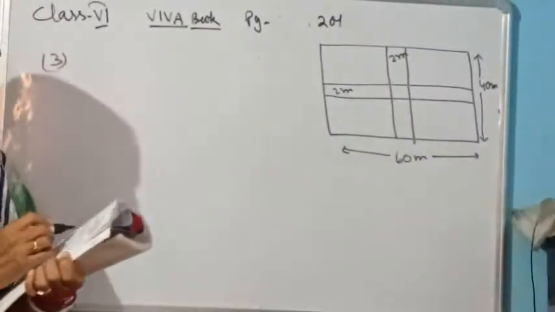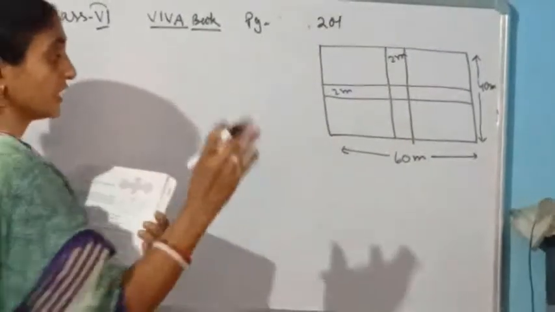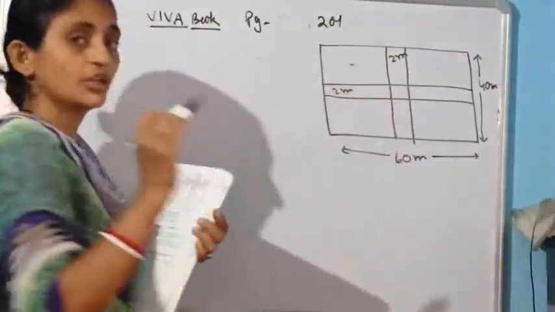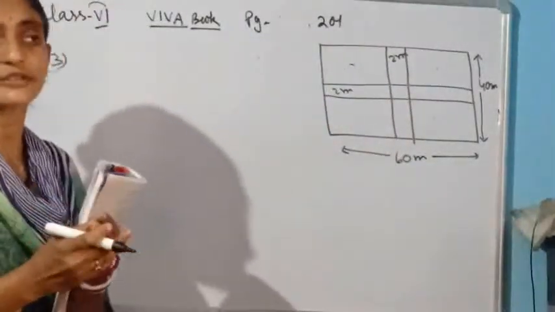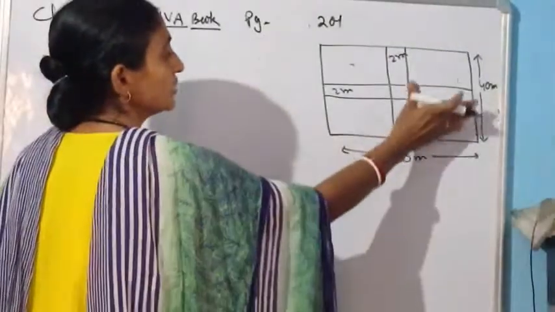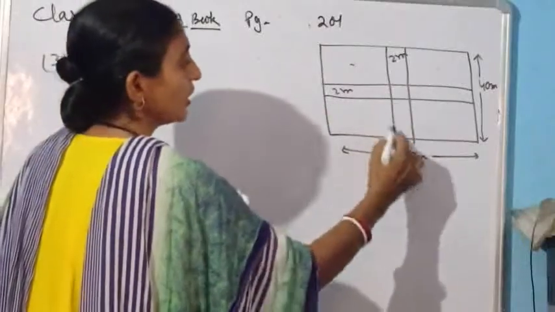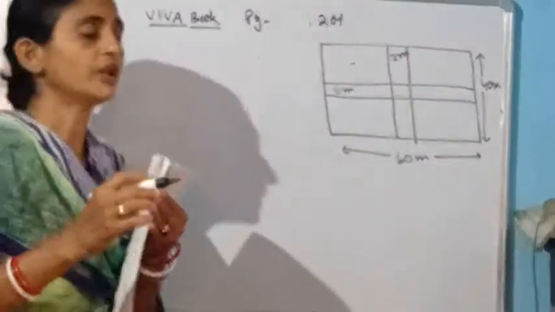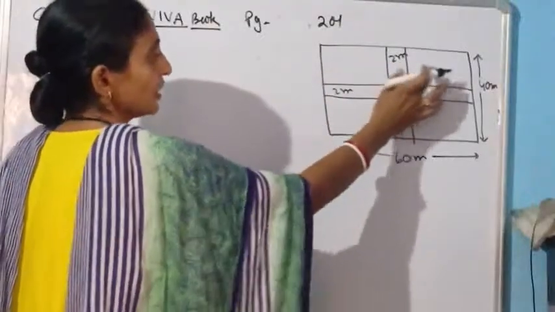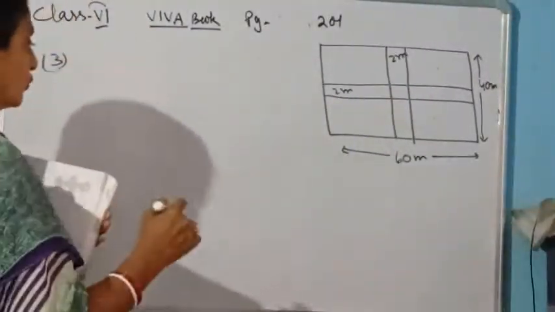Now what is the area of the remaining part of the park? That means here you have been asked the area of the remaining field. What can we do in this case? See, first if we find the total area of this park, and from that we remove the area of the path that has been made, we will get the free part in this park. So go for this one.